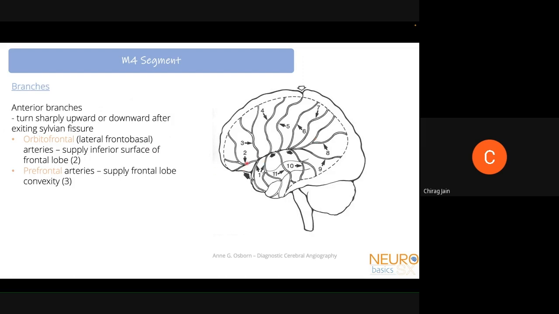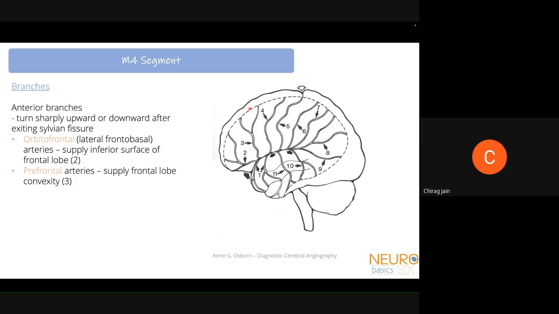So there are three groups of branches arising from the MCA. There are anterior branches, intermediate branches, and posterior branches. The anterior branches arise from the MCA, and they actually turn sharply upward or downward. These include the orbitofrontal arteries supplying the inferior surface of the frontal lobe, and the prefrontal arteries supplying